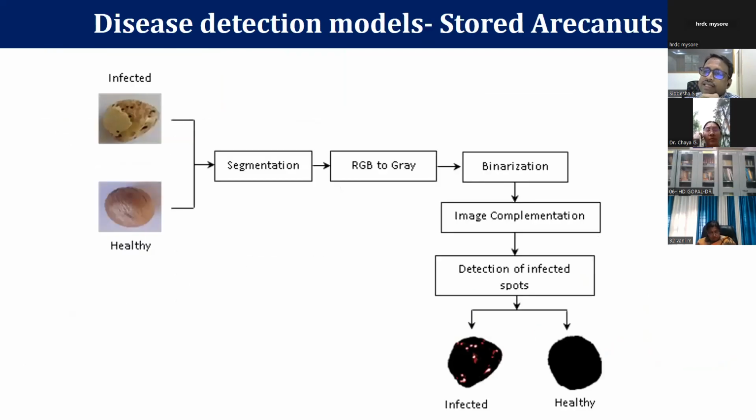Next is disease detection in stored areca nuts. As I mentioned earlier, disease can be detected at various stages. From the nursery stage, that means disease on the leaf, leaf disease detection can be done at the nursery level or during the growing, intermediate level. And after that, at the time of harvest also, we can see it, but certain things will be infected before the harvesting stage and post-harvest, especially in the case of areca nut.